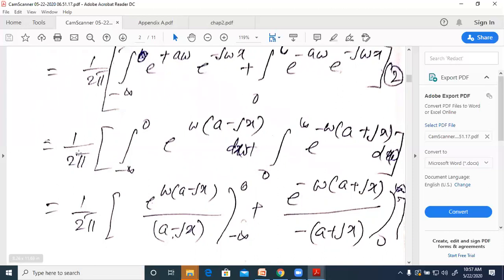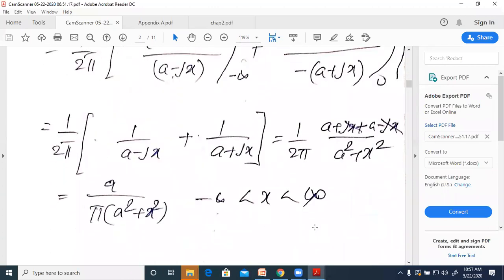So now again, you need to integrate this e to the power of omega (a minus jx) by a minus jx, plus again with limits minus infinity to 0, and again the integral for this function is what we might have written here. So 1 by 2 pi, 1 by (a minus jx) plus 1 by (a plus jx) is what we have written over here, and that will be equal to 1 by 2 pi, (a plus jx plus a minus jx) by (a square plus x square), and that will give us